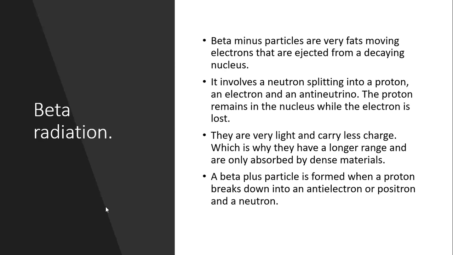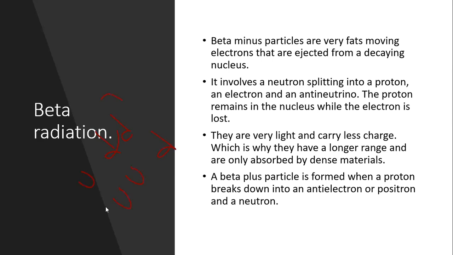Now, during beta decay, the quark composition of the decaying nucleus is going to change. The nucleus that is breaking down, its quark composition is going to change. In beta minus decay, where a neutron decays into a proton, the down quark changes into an up quark. Remember, a neutron is 1 up, 2 down. A proton, on the other hand, is 2 up, 1 down, right?